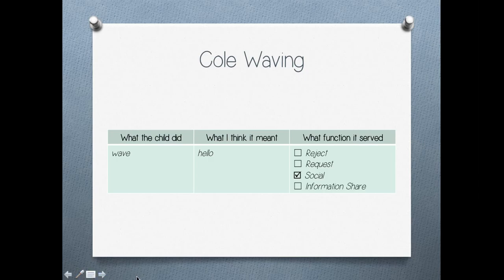So I'm hoping that this is making sense, that we're taking actions, which sometimes, like in this case, are more clear than others, and we're explicating or externalizing our interpretation of what they mean based on the context and what we know about the child. And then we're assigning a function to that. And that's going to help us, particularly when we get to that more detailed list that you saw on one of those early slides, to know what functions does the child have, which ones do they have mastered where they're consistent, which ones might be emerging that we want to provide more support for them to expand their use of,